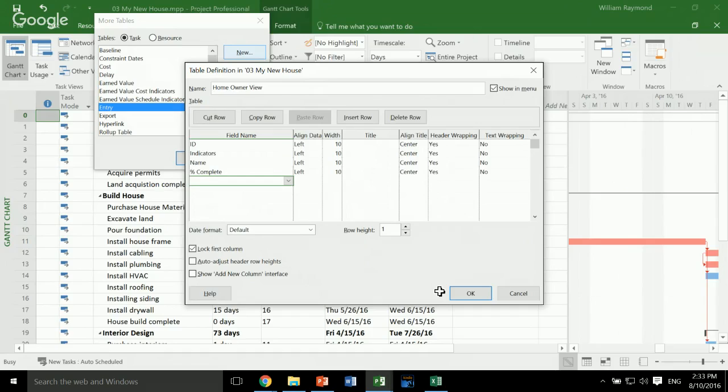Notice as I'm typing, I just type the % and the % complete field showed up, duration, start, and finish. Those are the fields that the homeowner wants to see. Now, there's a whole lot that you can do with this. I'm just going to show you the basics here. Actually, I'm going to call this a homeowner table. And click OK,